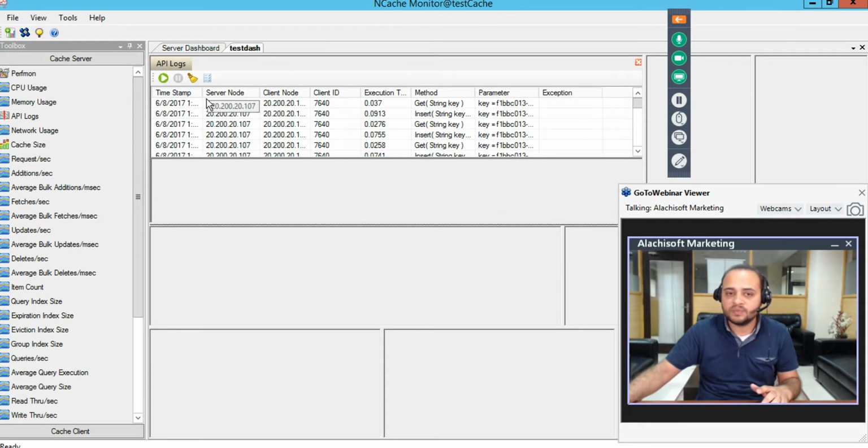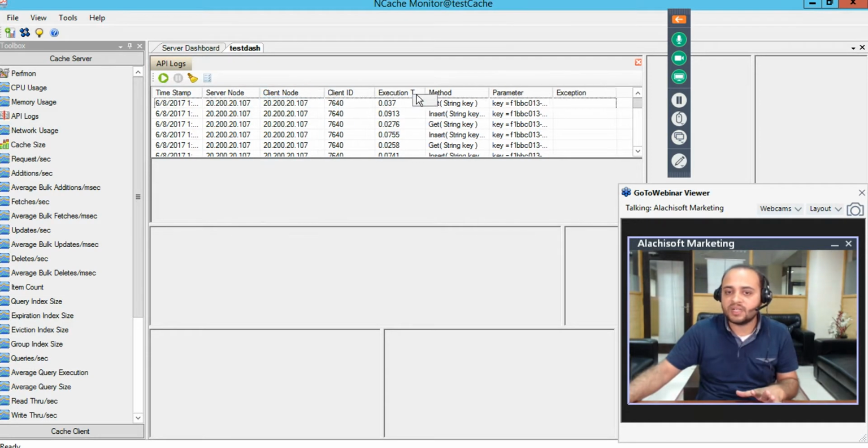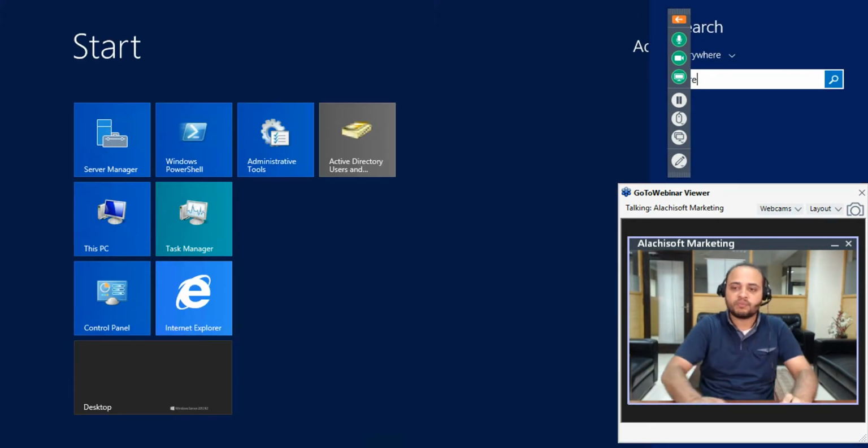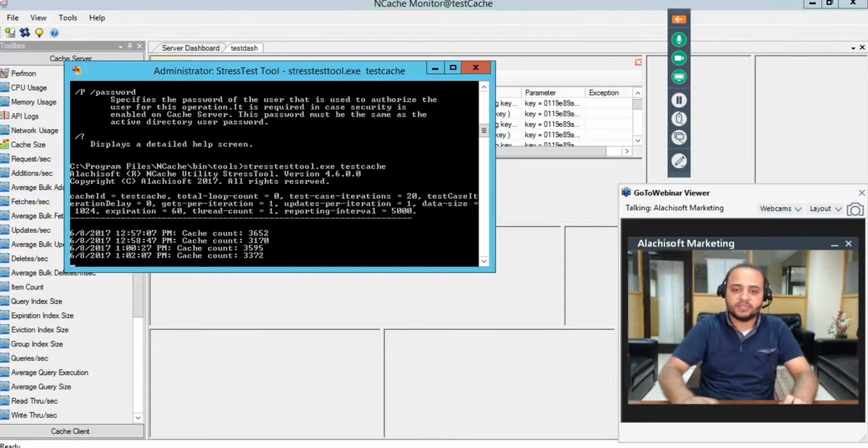And then you review it either through this, where you see the timestamp, server node, the client from where that request originated, ID of the client, and the execution time. So this execution time is the most important factor here. At this point, it's in sub milliseconds. But what if we simulate a load, and we say stress test tool,